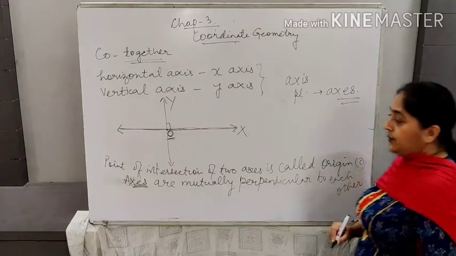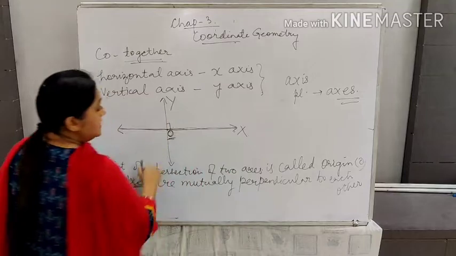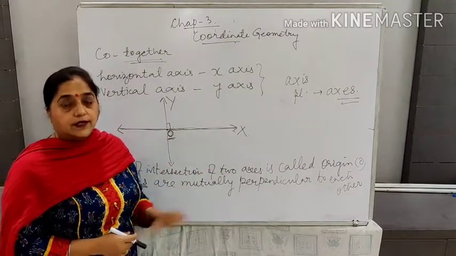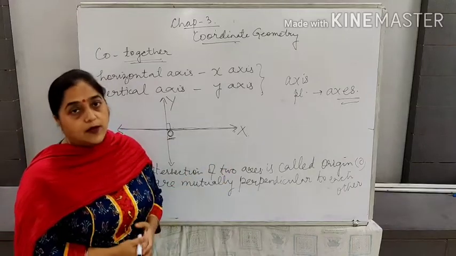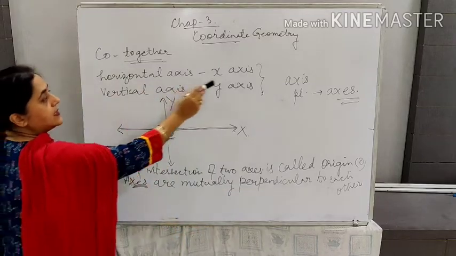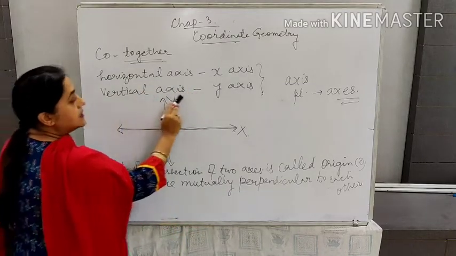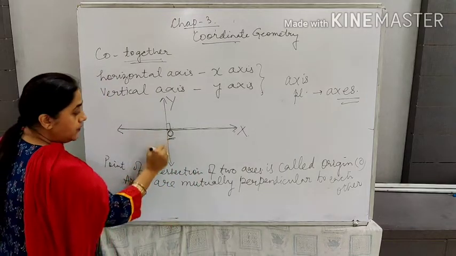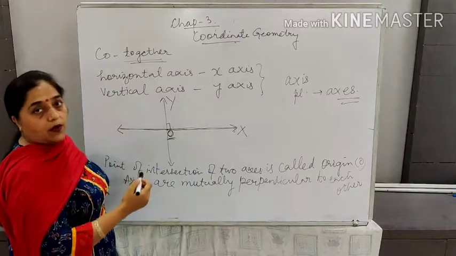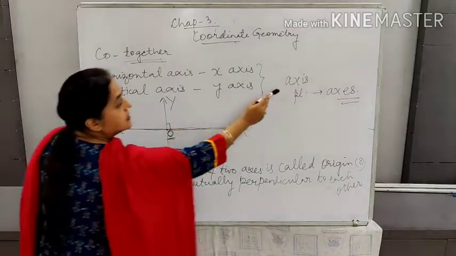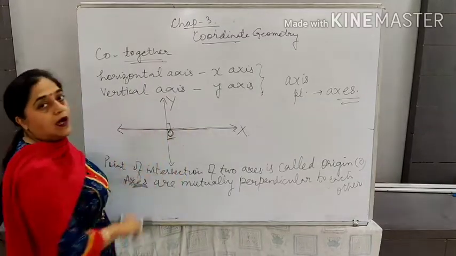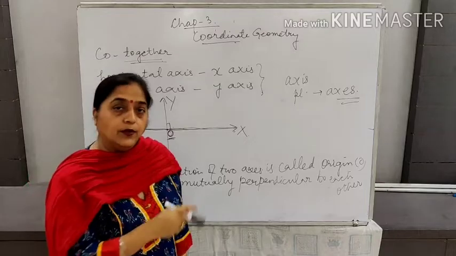These points you have to note down in your notebooks also. There are various points in this chapter, and that will be finished. This chapter is a very small chapter, conceptual knowledge is there, and you have to jot down these points. The first point was the horizontal axis is called the x-axis, the vertical axis is called the y-axis, the point of intersection of two axes is called the origin. Coordinates we will talk about afterwards, and axis का plural होता है AXES, and these two axes are mutually perpendicular to each other.